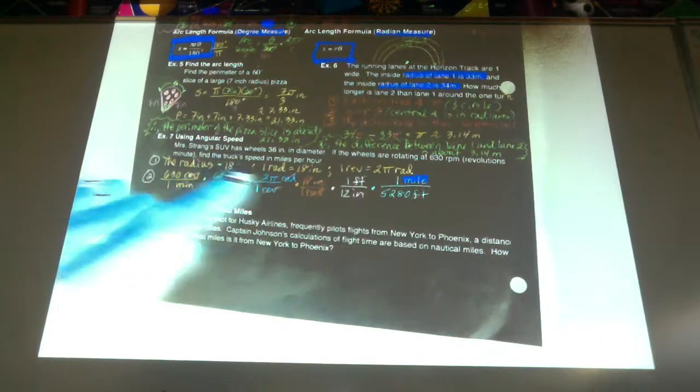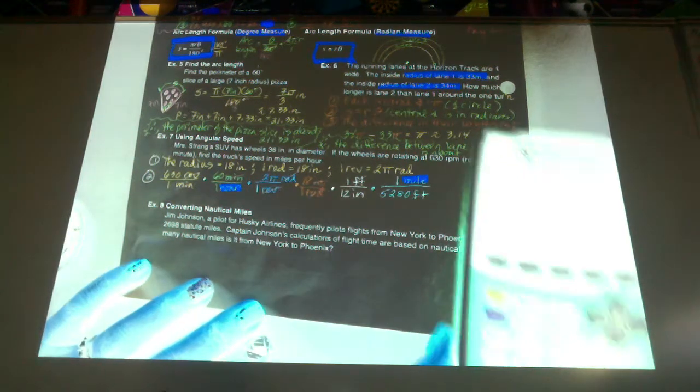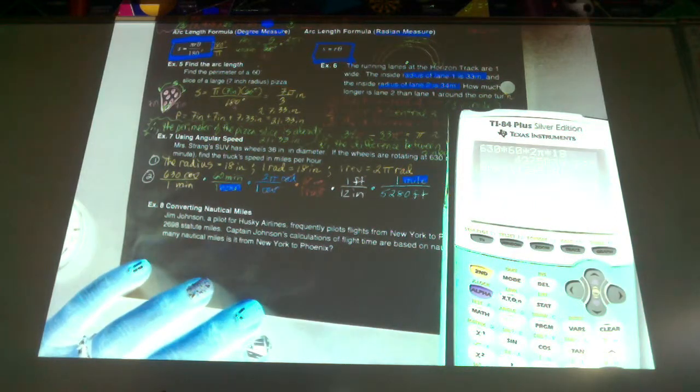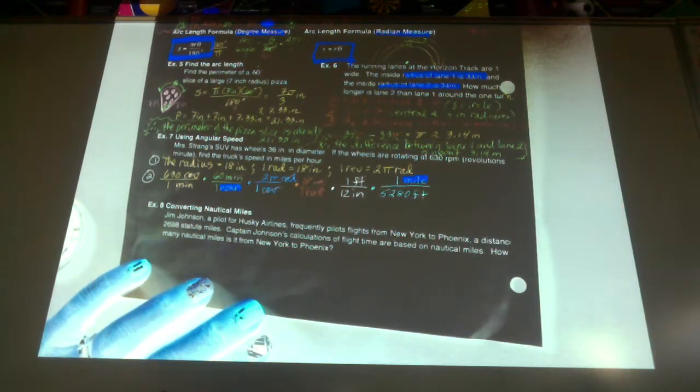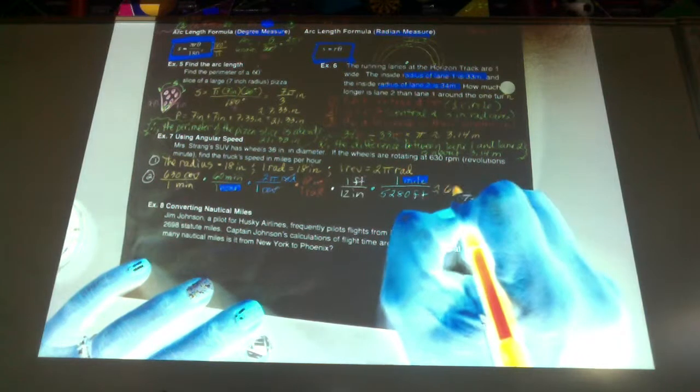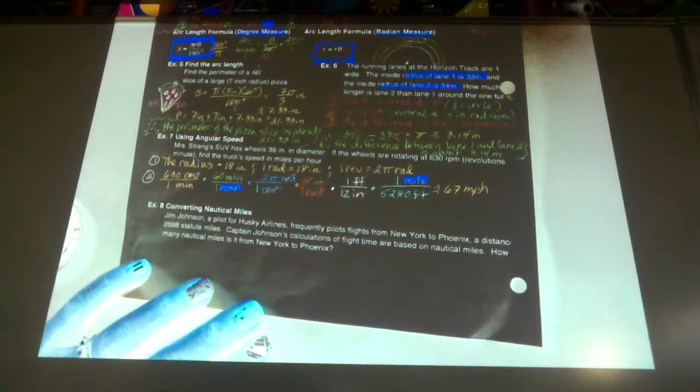Notice how everything that you were given was in whole units, no decimals. So technically, our significant digits here are whole units. And I will give you leeway on rounding unless I specifically say round a certain amount of places. So the nearest whole miles per hour is what? 67. So this is approximately equal to 67 miles per hour. So therefore,